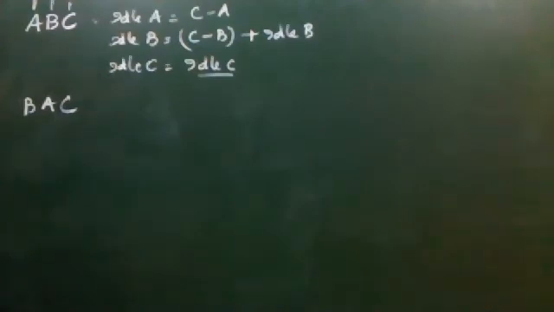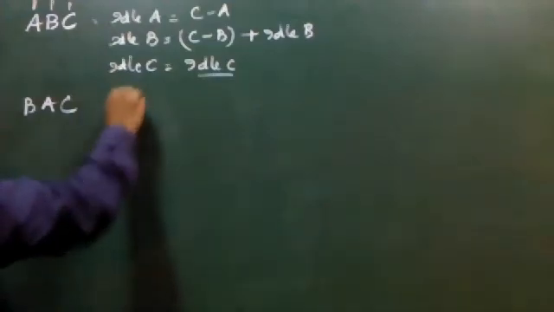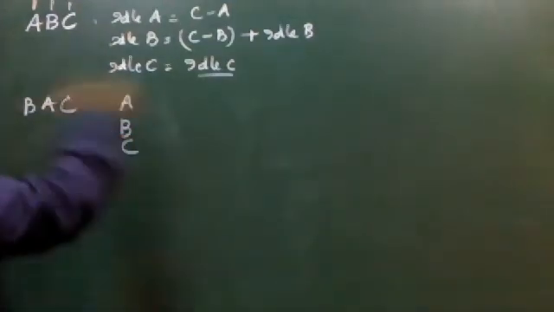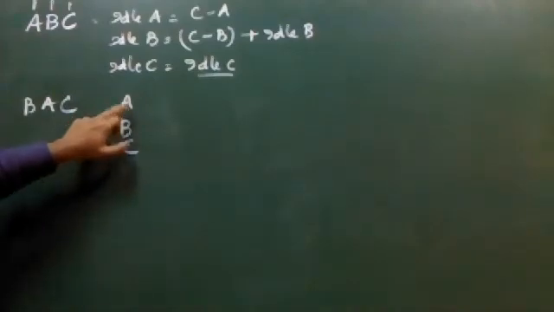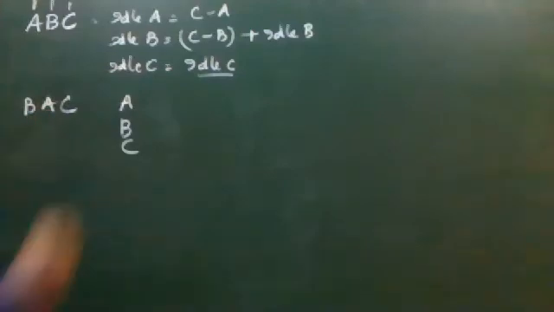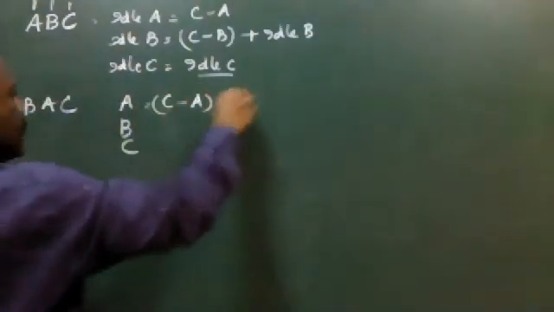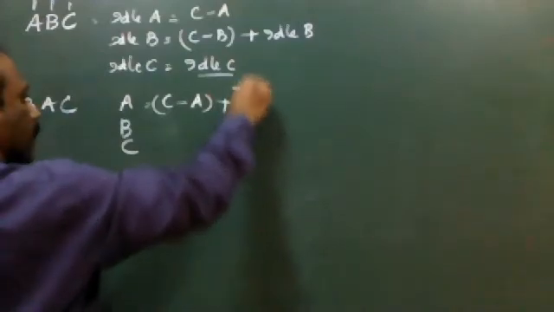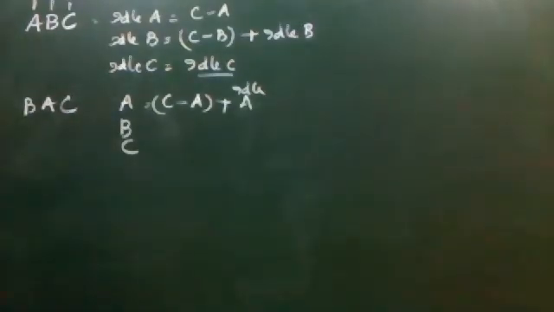A is equal to C minus B. Okay, first we'll write A, B, C in the same order and then we'll change the formula. If I'm calculating A, you can see A is the second machine. If it is the second machine, how do you write the value now? C minus A, plus the idle time of A. Correct? You all agree? Yes or no? Yes, sir.